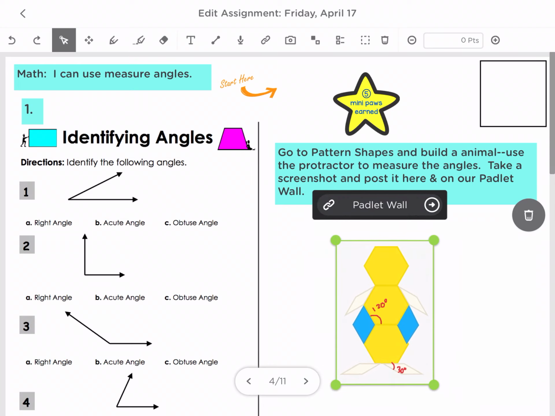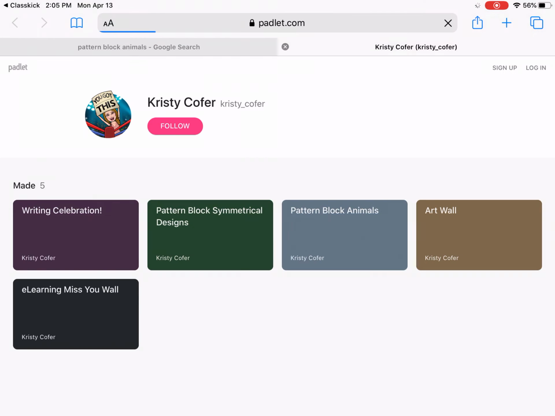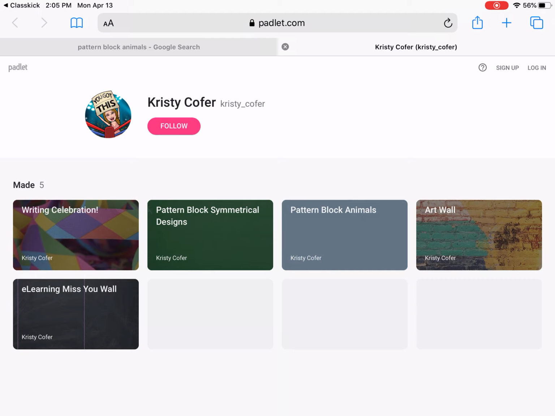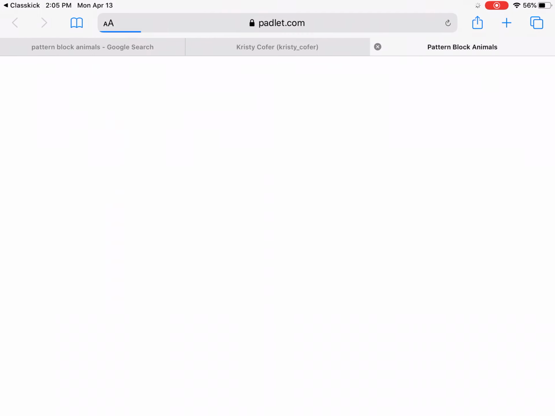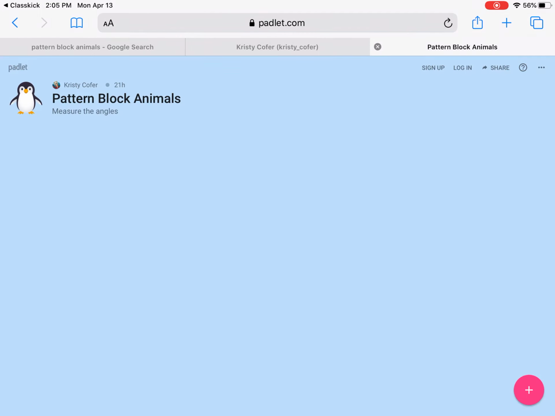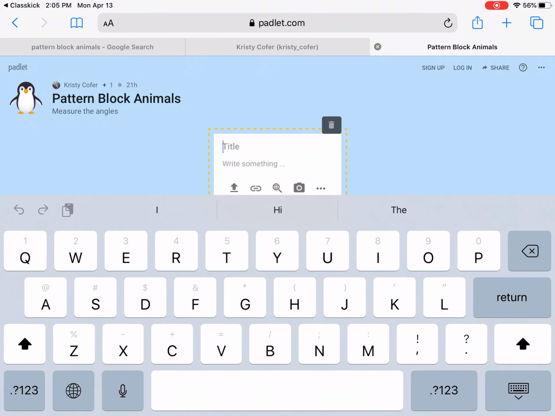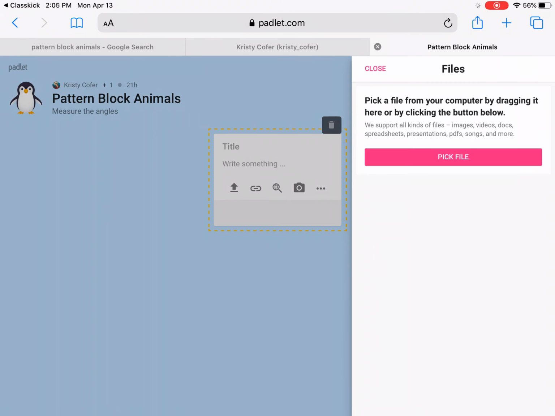All right, so remember how to do our Padlet wall. We want to click on our Padlet. And then do you see our pattern block animals right here? And Miss Kofer is going to be the first one to upload. So I'm going to hit the plus sign in the corner. And remember, we're going to upload, pick a file. We're going to pick it from,